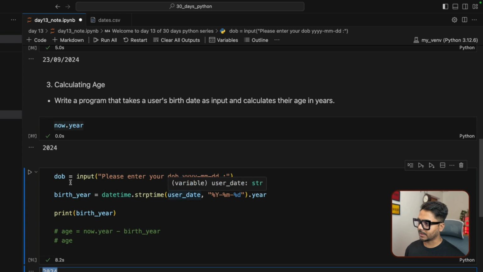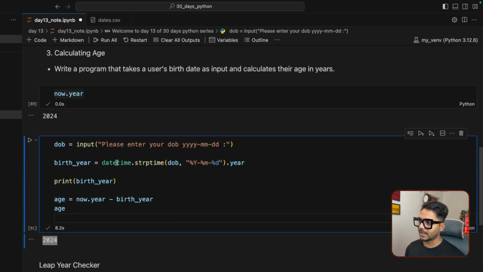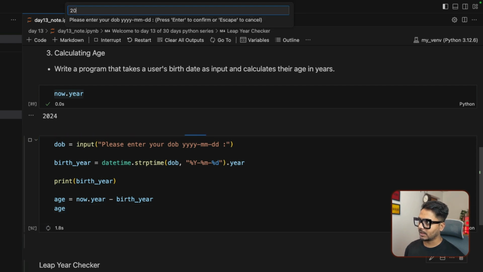Okay, so here I have missed something, so I need to use this dob here, instead of using the previous variables, because this one I'm converting into date, right? And then I'm taking out the years. So the rest I think everything is fine here. Now both hold the year, and if I just find out the difference, it's going to give me the year difference. So let's say